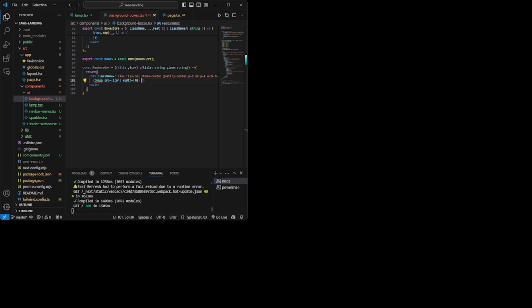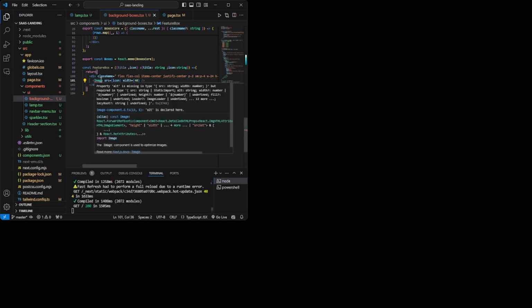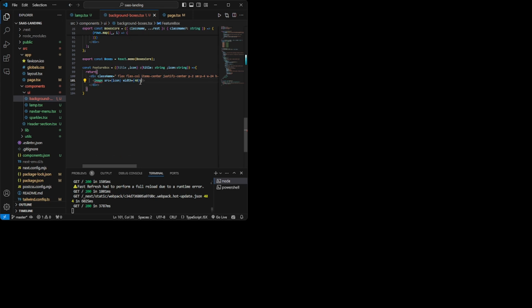Once again, give it a width of 40. Why is an error coming here? Let's check. Okay, so alt is declared here, alt is missing. If you do not give all the attributes of that tag, it will give an error. So let me just finish it. Height will also be 40.